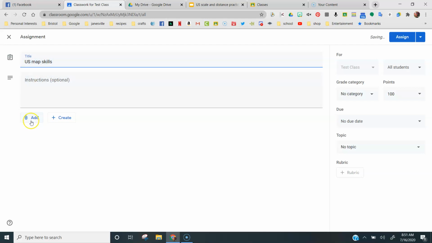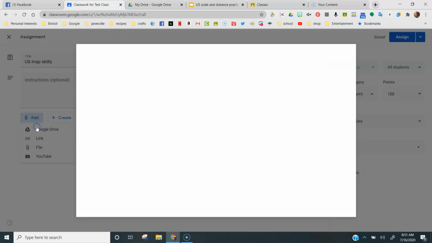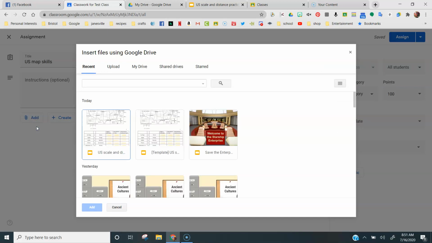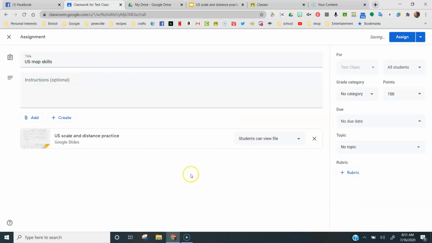And then I'm going to come down here to add. I'm adding it from my Google Drive. My Google Drive will open, and if I have just used it recently, it should pop up right at the top. So I'm going to add that, and because I want the kids to be able to do the assignment, I have to change this last one to make a copy for each student. Now, when they open it, they're going to have their own copy that they'll be able to edit. I need to give it a formative category, and I'm going to choose week 2. Then when I assign it,